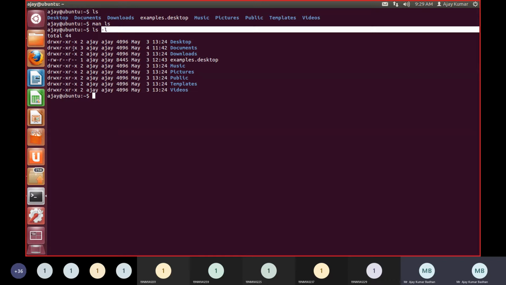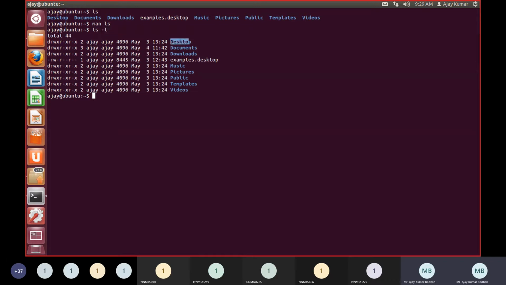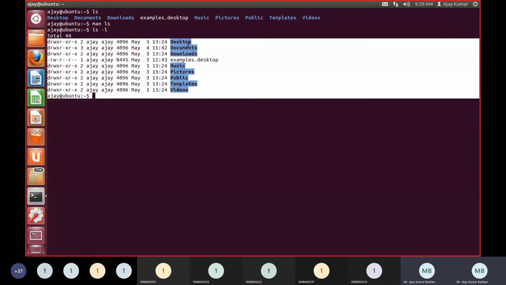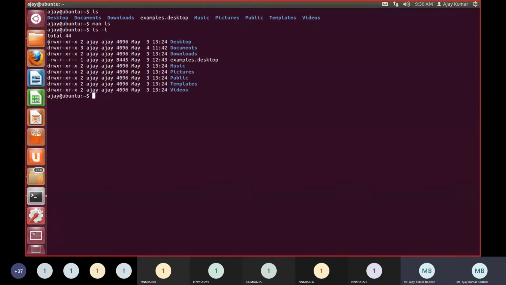If you look here, first we have Desktop. Whatever is present here is displayed, but in detail. Let me highlight this. The first thing we have here is Desktop, and he is giving you the options. Let me explain this first. We have three options, as I told you previously, that we have authentication information like read, write, execute operations. The first one you are seeing, d, specifies what type of file it is. So basically, Desktop is a directory, which is represented with d. This d is responsible for that.